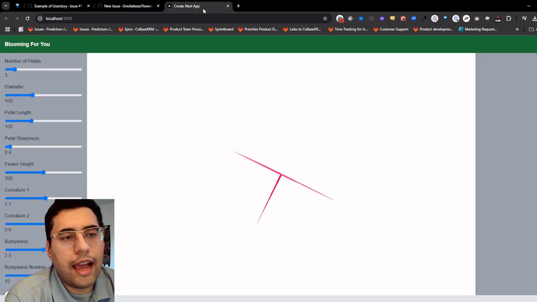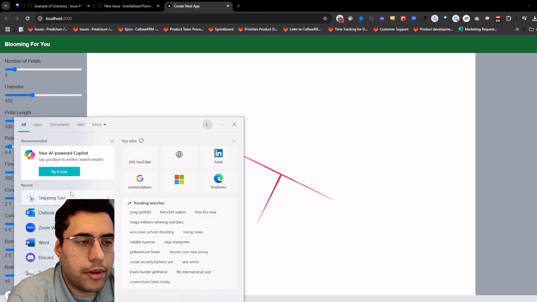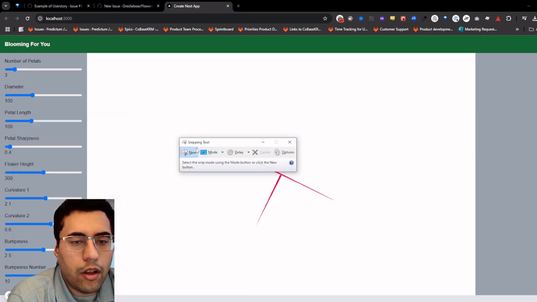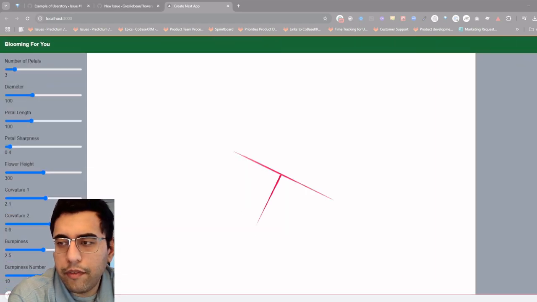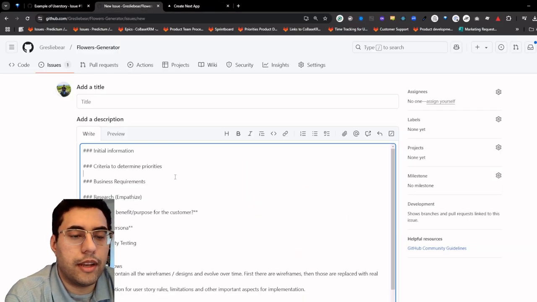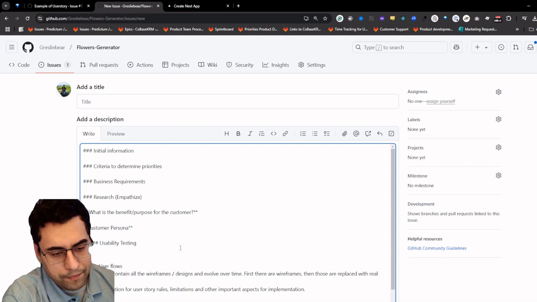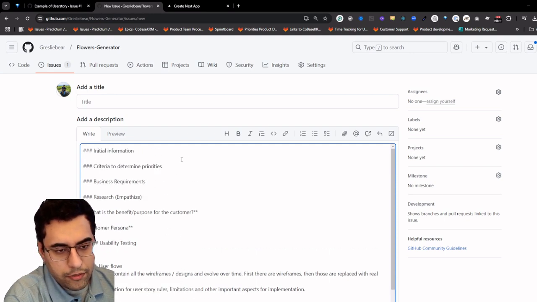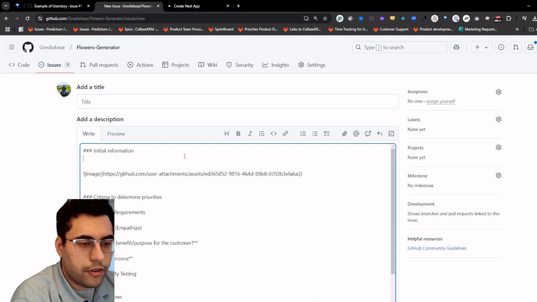So let's look at Blooming for You. I'm going to just take a screenshot because all users are very visual users. And when we develop the wireframe, we're going to take elements of screenshots in the software to manipulate and create a story around that too. So I'm just going to throw this here. Put that here. So first bit is